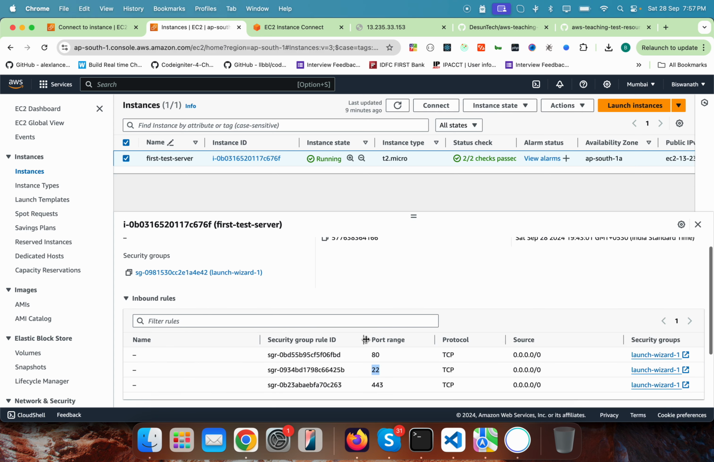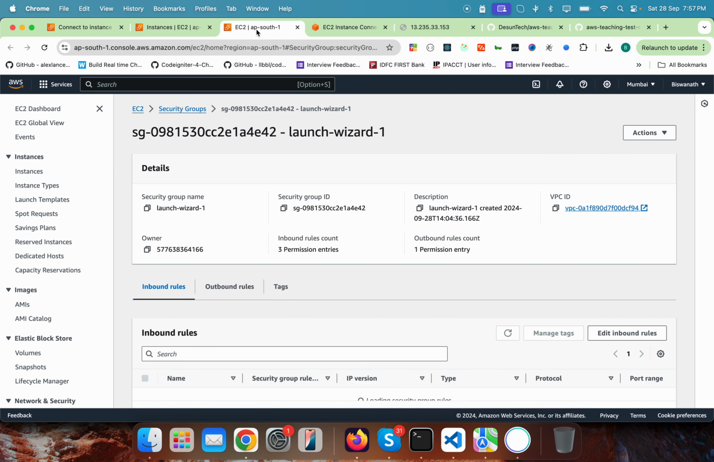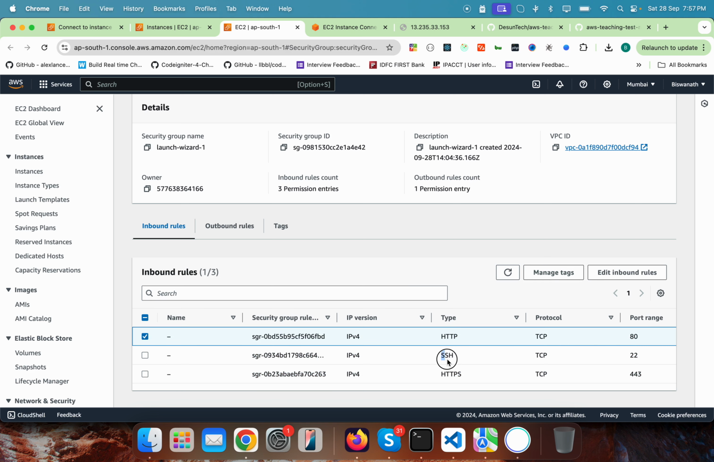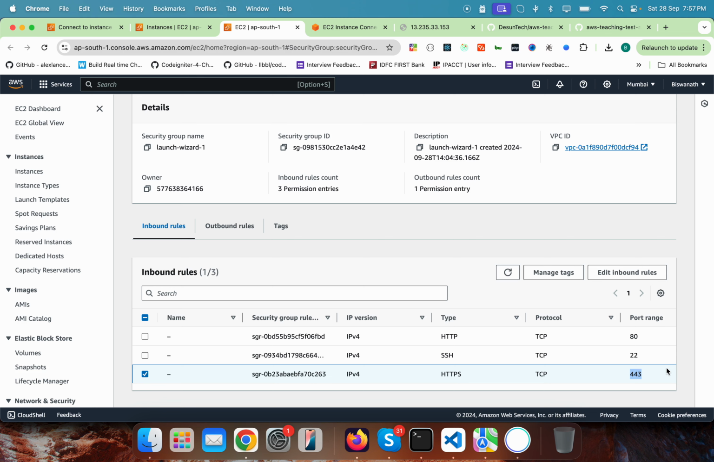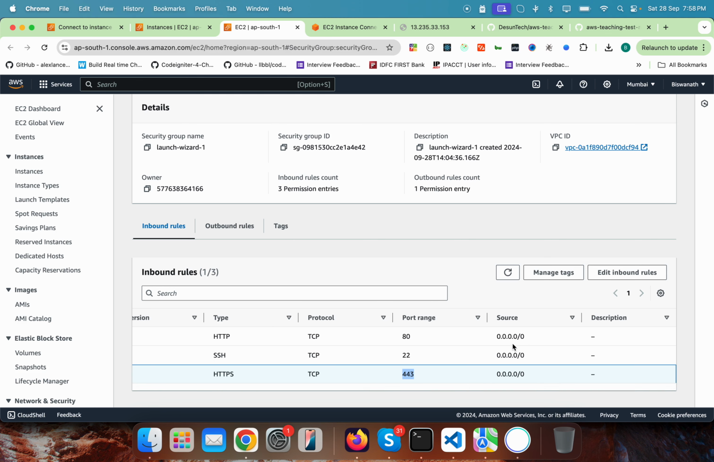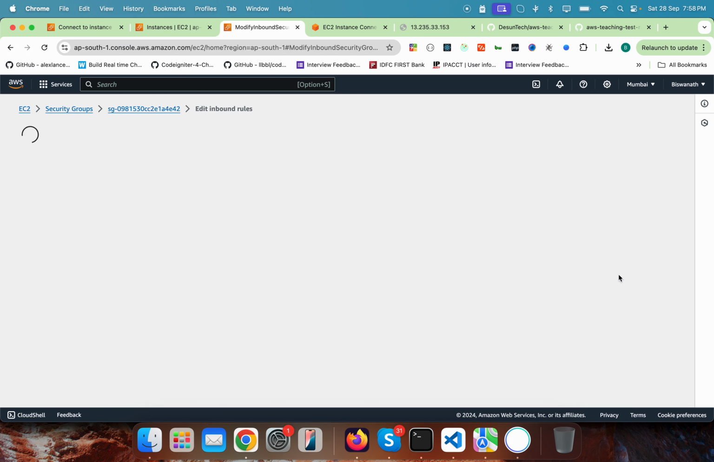How did I know that? You can also know about it. Just click on this particular security group and open it in a new tab. Here you can already see that IPv4 is the IP version, and type HTTP port range is 80, SSH port range is 22, HTTPS port range is 443. They are accepting requests from anywhere. Now if I click on edit inbound rules,